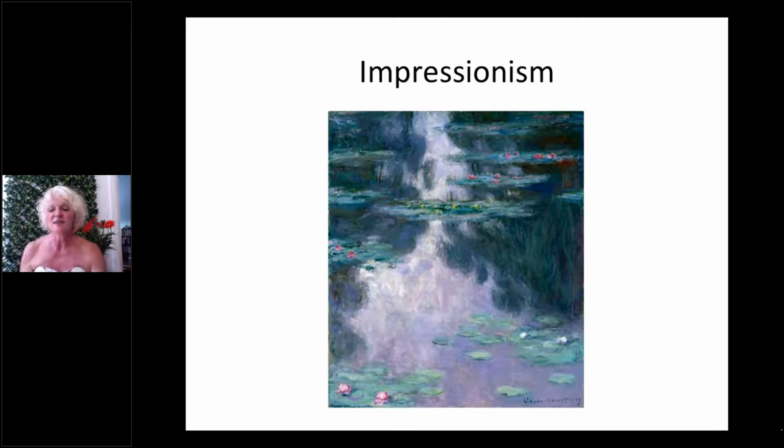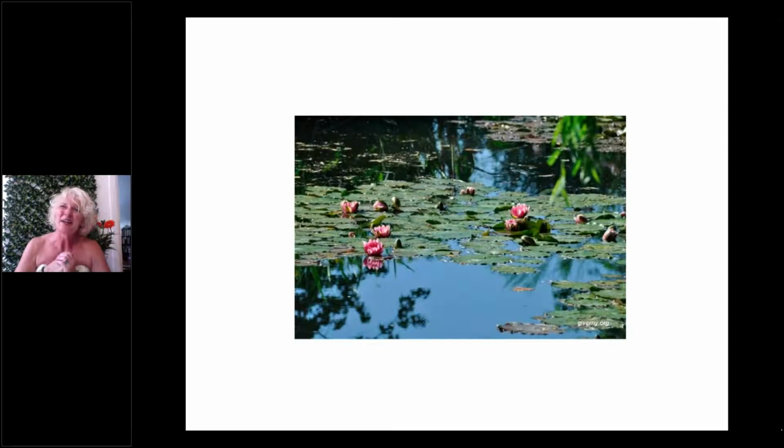And Impressionists like Monet upped the ante, as it were, from traditional mimetic art by adding two important qualities to their work. You see, most mimetic artists were trying to create images that were sort of like photographs, like the one you see in front of us.